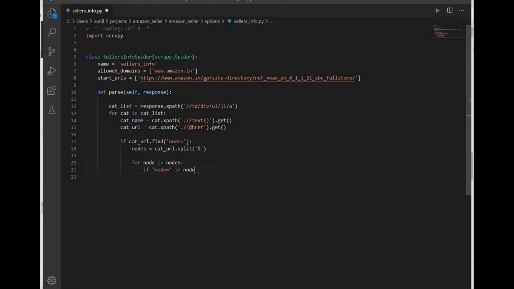So if node is in node, then node ID is equal to node, but we have to replace the characters node equal to, so node replace node equal to by blank, and there you go.